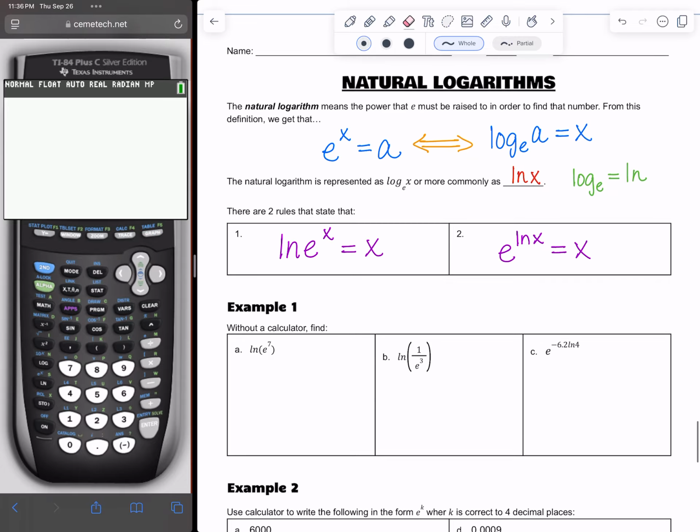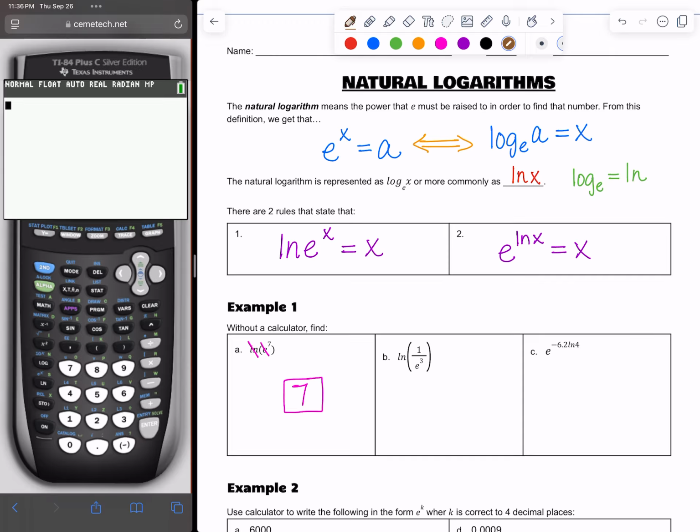So example number one, it says without a calculator, we need to find, a, the natural log of e to the power of 7. So the natural log and the base e should cancel, which would give you 7. All right. So for the next one,